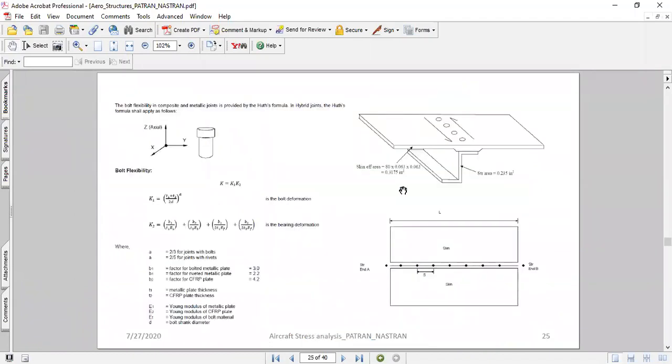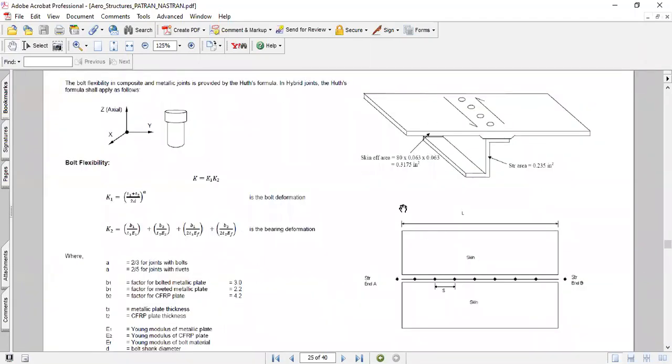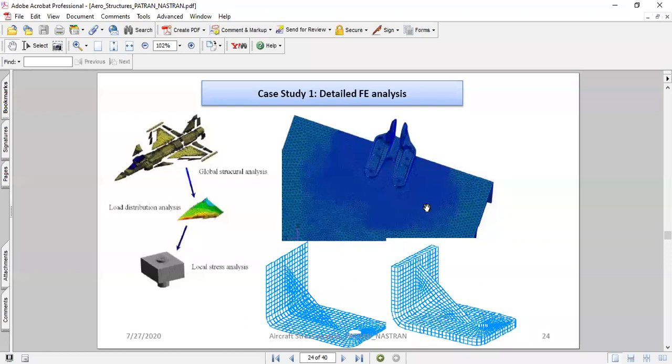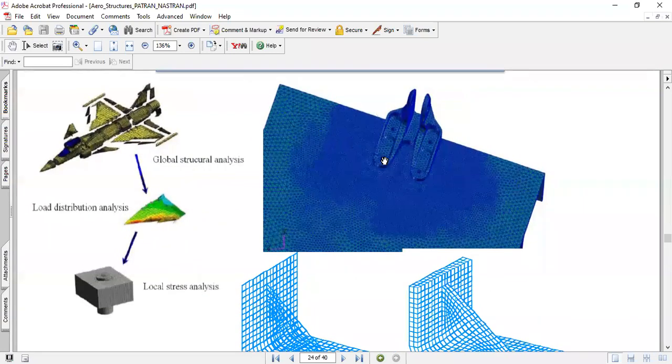Now, you might be wondering what happens to the pins, the fasteners or the joints. How do we model the joints? We have various options for modeling the joints in finite element, not particular to Patran and Nastran.